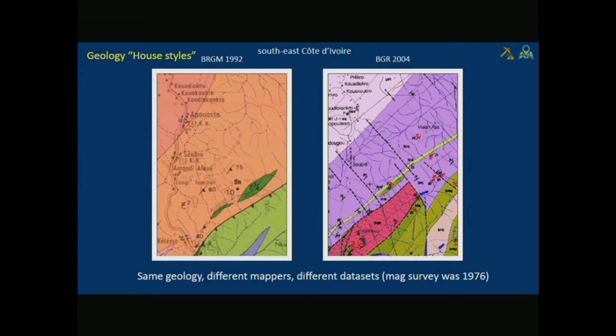Since at the regional geological scale for 3D modeling, the geological map is the fundamental data set that you start with, it's kind of important to accept that the map is just another model, and in fact suffers from all the same problems as our 3D model, except that it's one of our inputs to our 3D model. So it's got its own ambiguities that we have to somehow accept. Even the positions of these same contacts are quite different.